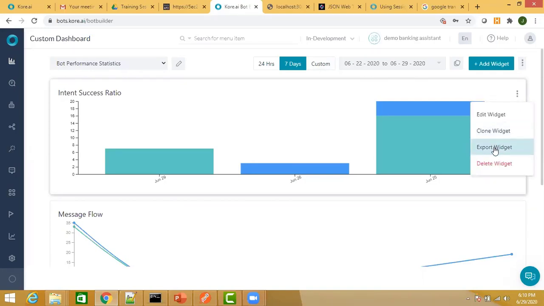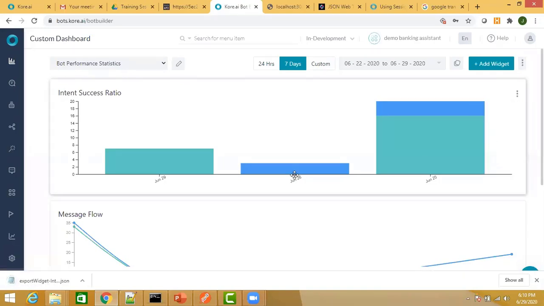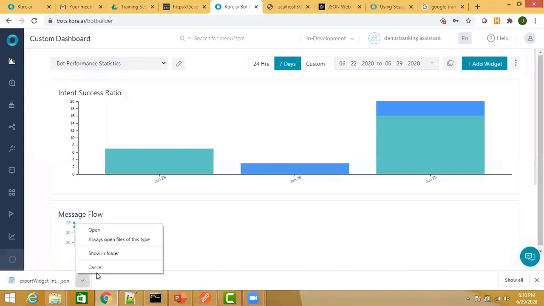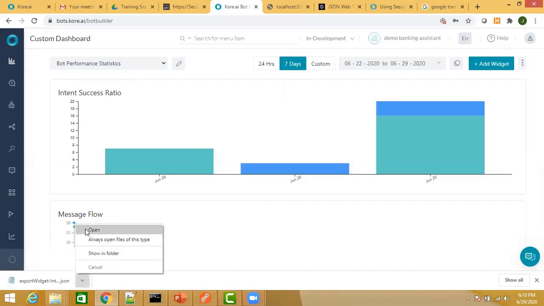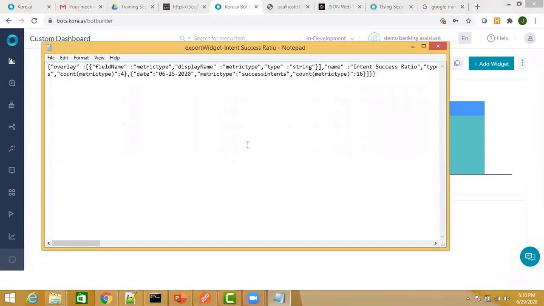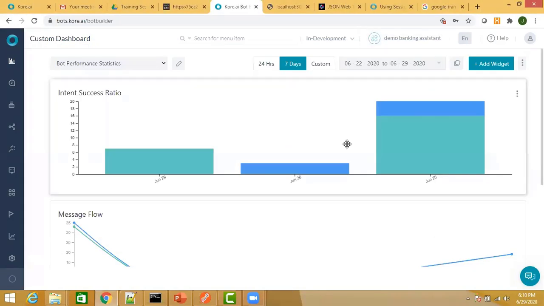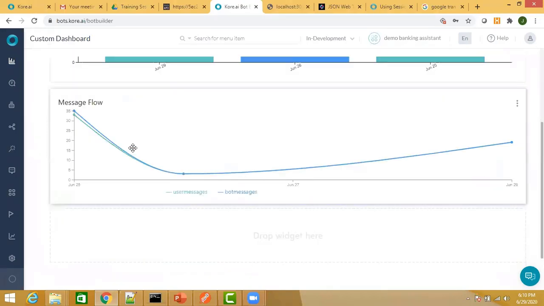So you have export widget also. These are actually JSON, meaning the configuration, because these are typically used for exporting. You can see the count is displayed over here, so each of it will show you what data was represented. It is typically used by the developers to display some information to the business users using the platform. So that is why we have the custom dashboard over here. Any other question on this?